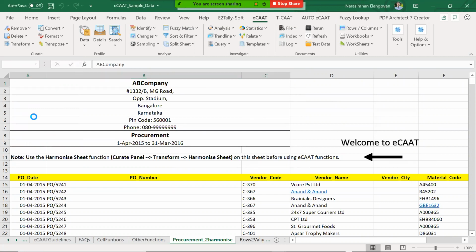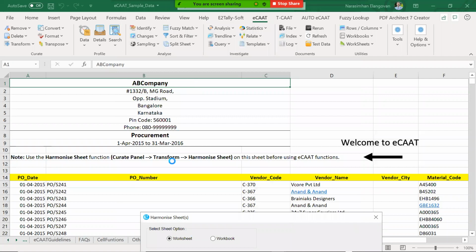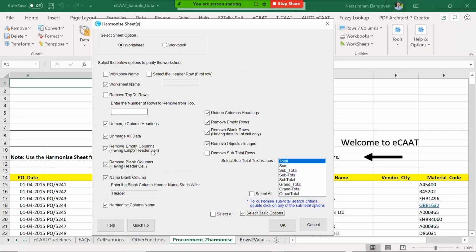The moment you click on harmonize sheets, I choose select basic options. Now here I also get an option to choose remove topics rows. This is handy because if you see this particular sheet, you find at least about 13 line items which are not relevant for you. You also find one image, one text, one symbol, an arrow mark. All these basic things it can remove.